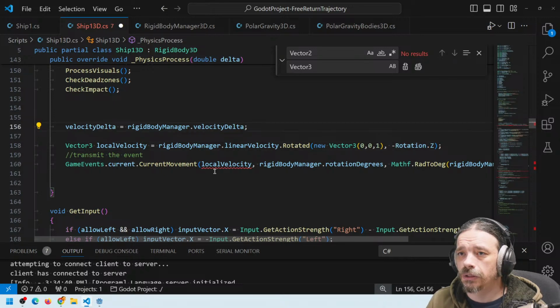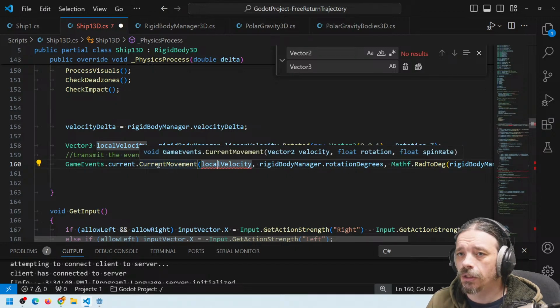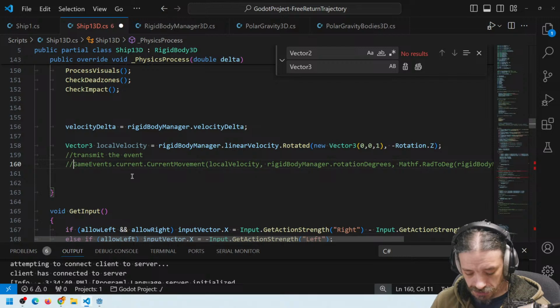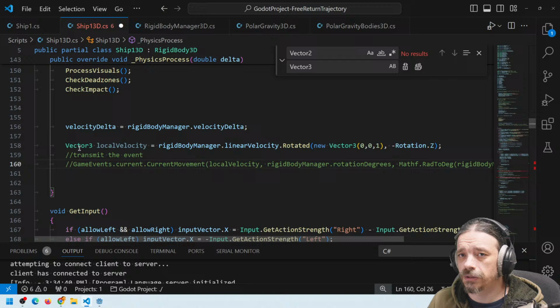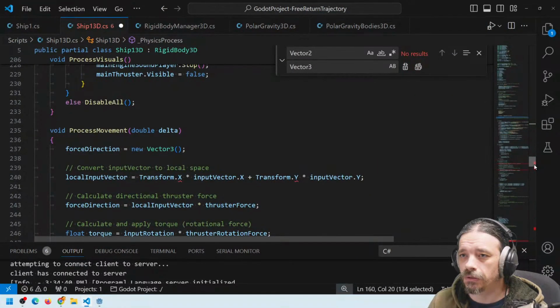Done. Now local velocity. Cannot convert Vector3D to Vector2D. Where? Maybe this current movement. Oh, the current movement is an event. Oh, but this is just to transmit the event. I don't care about this line. Let's remove it. This is just to send the thing to the interface. So okay, now